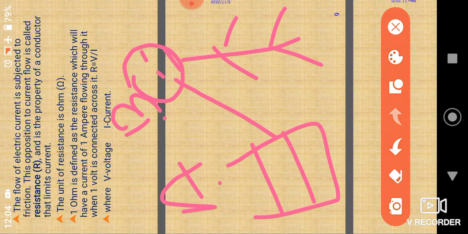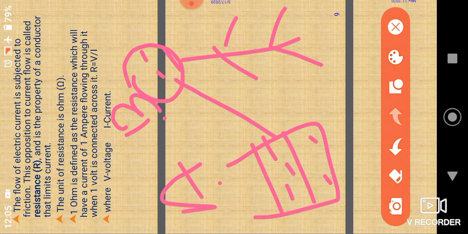Now you need to apply some force to throw this electron. Inside the glass there is water. That water is called electron. So how much force you are applying to throw this electron? That same force in electrical language is called electromotive force, and it is the potential difference between these 2 points, and it is also called voltage.